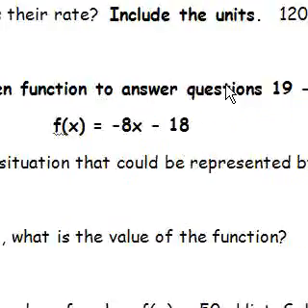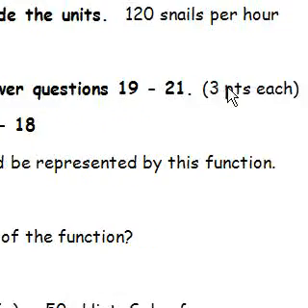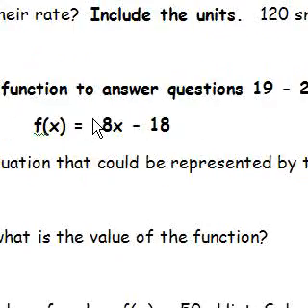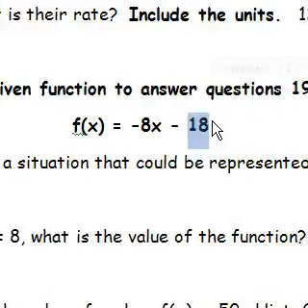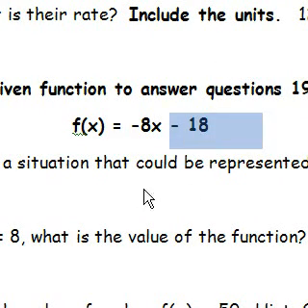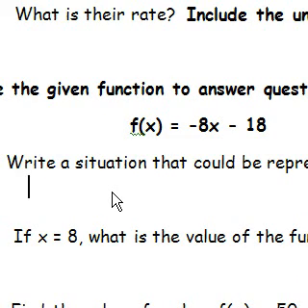Use the given function to answer questions 19 through 21, 3 points each. It looks like we have f of x equals negative 8x minus 18. What's a situation that could be represented by this function? The key thing to remember here is that we're starting out with a negative 18 something. So what I might write would be: